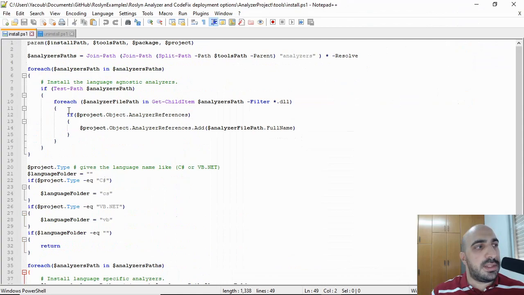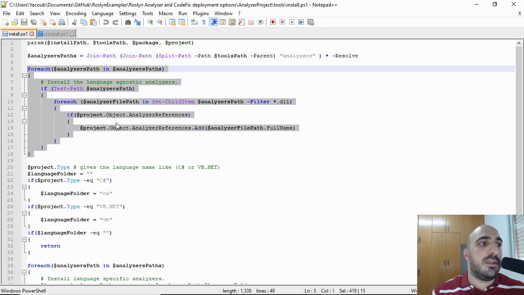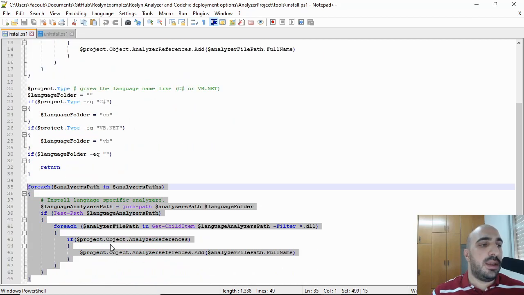And if we try to look inside these scripts, they basically look inside the analyzers folder, and they pick the analyzers inside this folder, and then they add them manually as an analyzer reference to the project. And here there's a section for language agnostic analyzers, and these are analyzers that work for Visual Basic and C#. And this code here does the same thing, but for analyzers specific to the language of the project.